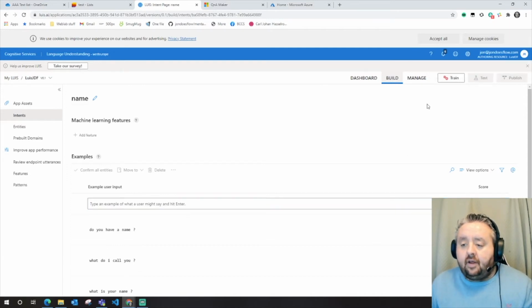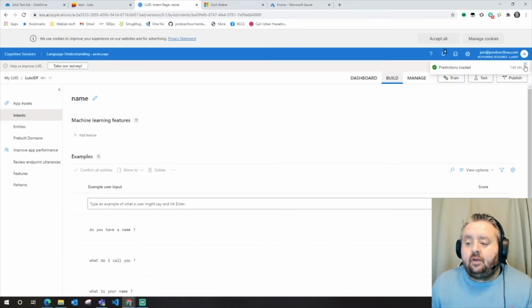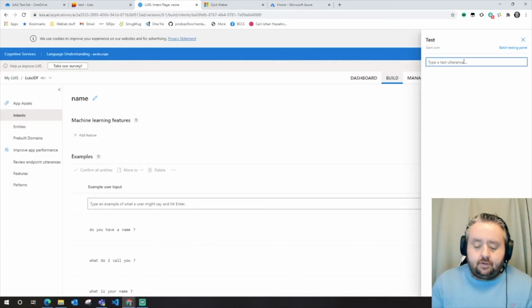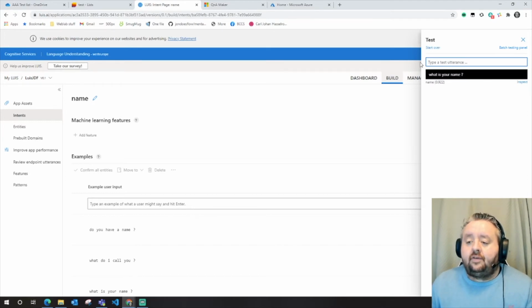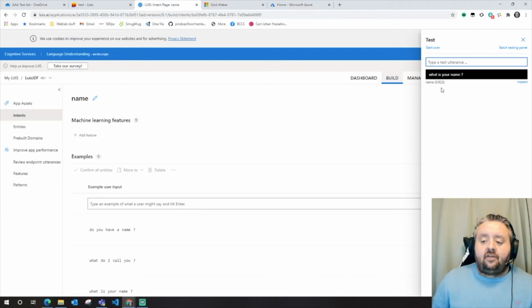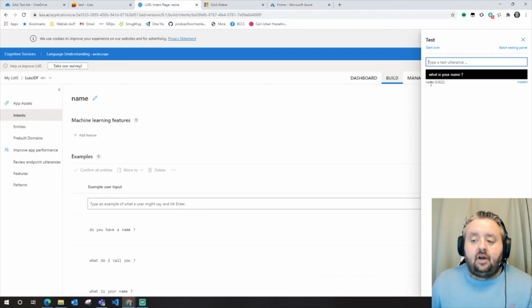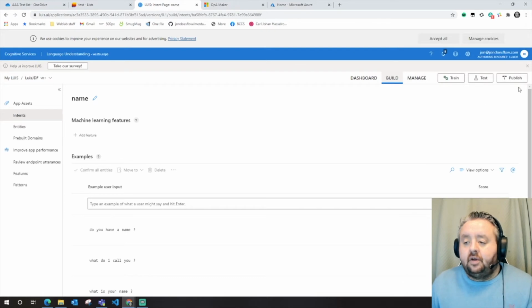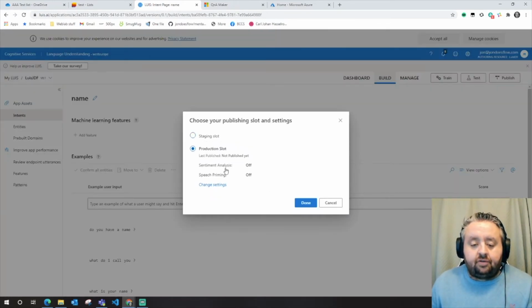And then we are going to train the model, and we can test. What it's going to do is look at the utterance, which is the question that the person is going to be asking, and it's giving you a score of what intent it's going to use, and this score is out of 1. So 0.92 basically means 92% chance that it's going to be choosing the name intent, which is what we want. So we'll publish that. We publish it to a production slot,